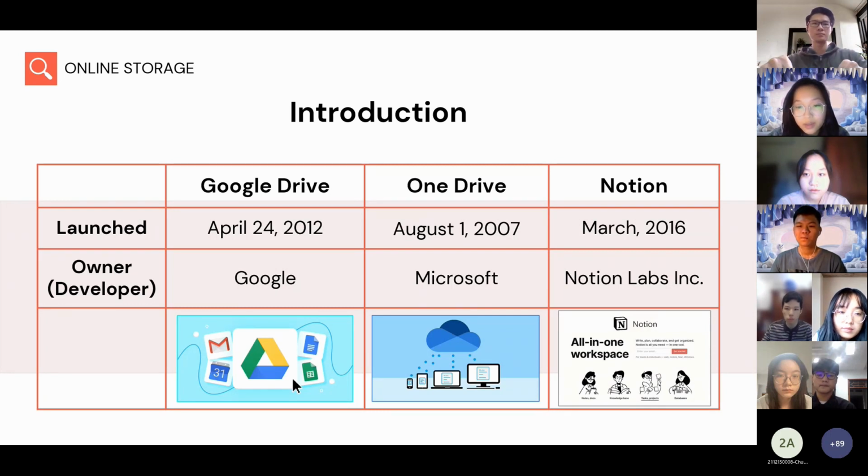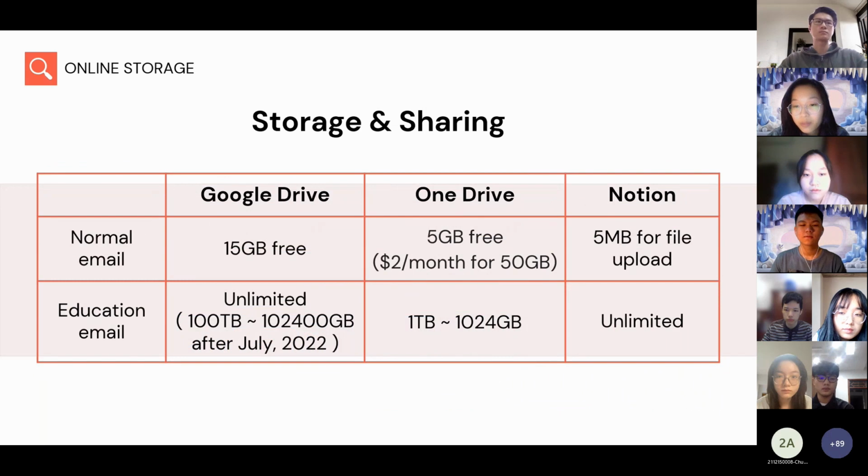So let's compare the benefits of mail.edu and normal mail to see why we should use the education mail for these 3 amazing tools. First, with Google Drive, a normal email only provides you 15 GB free and at least 45,000 Vietnam dong per month for 100 GB storage, while you have unlimited storage capacity if you use your education email. However, by July 2022, Google will decrease the storage to 100 TB for the whole school. So you don't have to worry, because if the school has about 10,000 people, then each one will still own